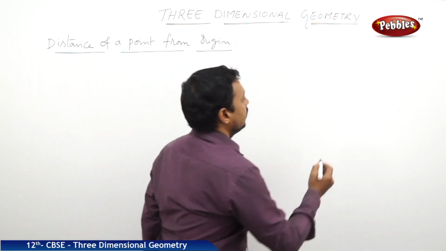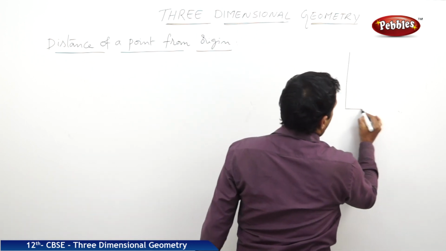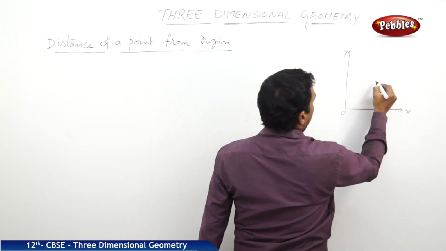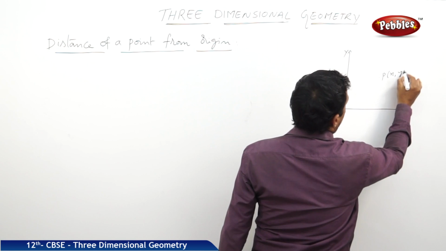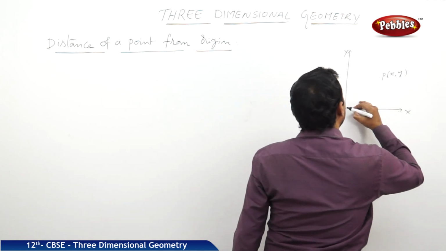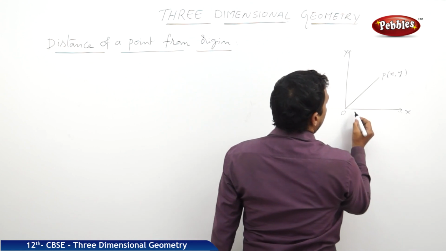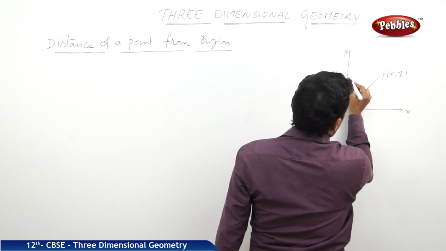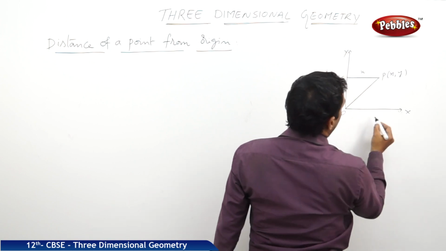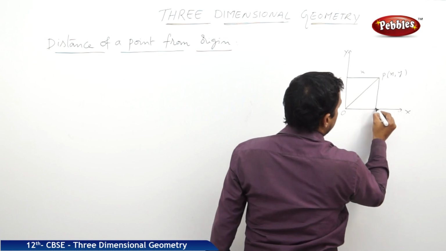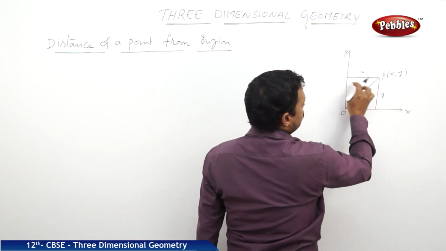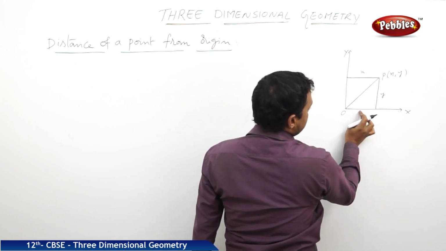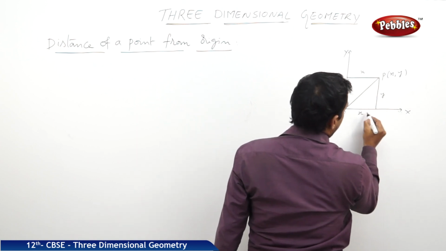So, in two-dimensional geometry, suppose it is the x-axis, y-axis and origin, and P is a point whose coordinates are x comma y. Now, the distance from the origin to that point is, this point is at x units distance from the y-axis, so that it is x units, and y units distance from the x-axis, so that it is y units. Here a rectangle is formed, so this length is the same as this length, so if it is x units, it will be x units.